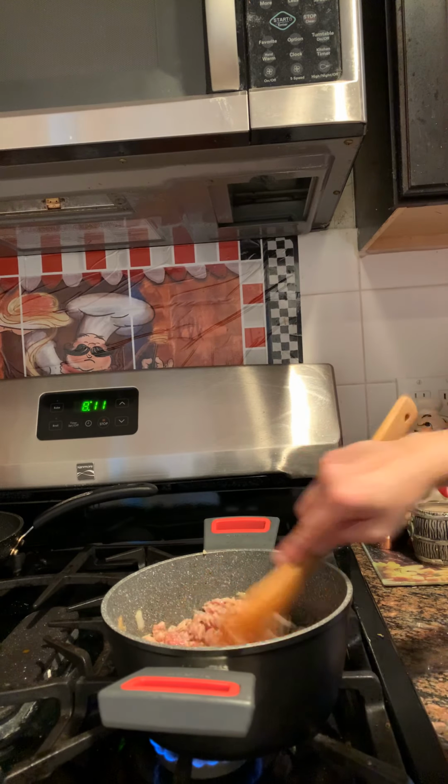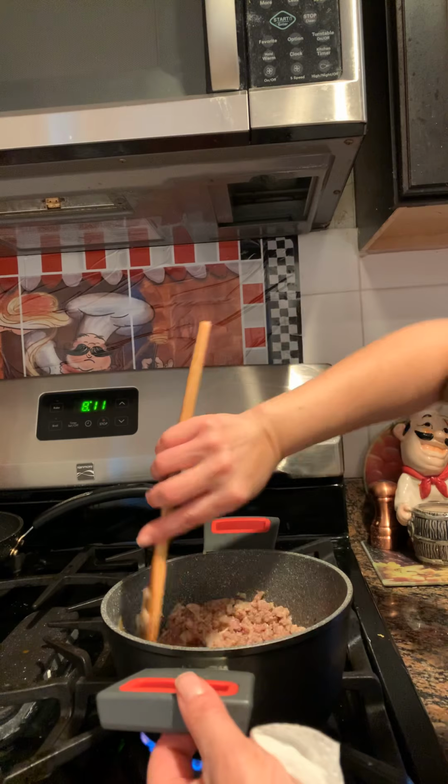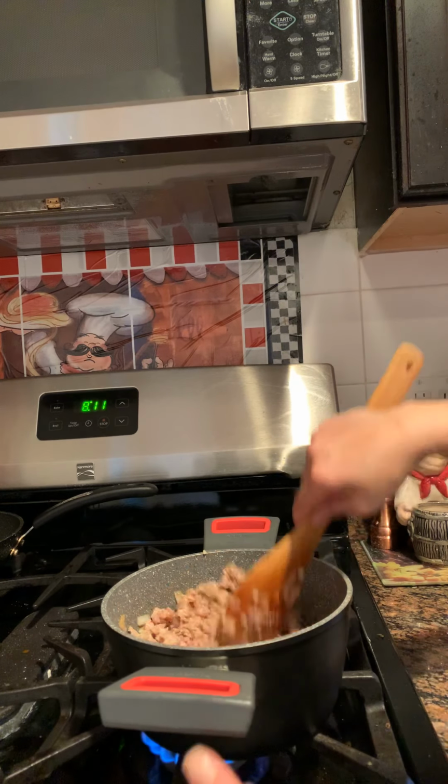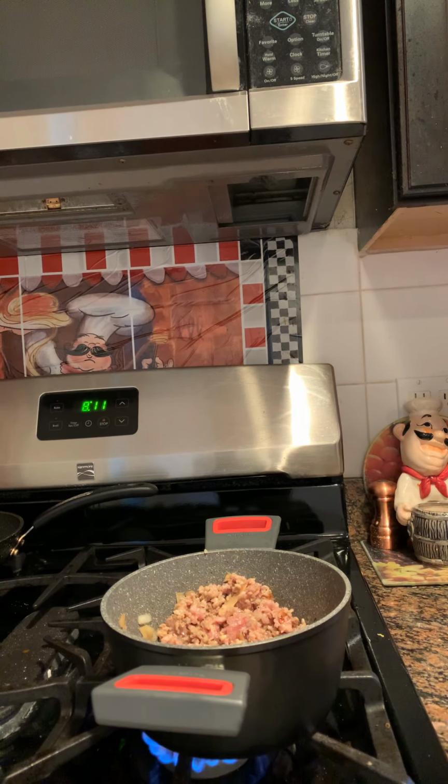So this is getting nice and brown. We're going to raise our burner up a little bit and fry it all up nice. So as that's frying up,